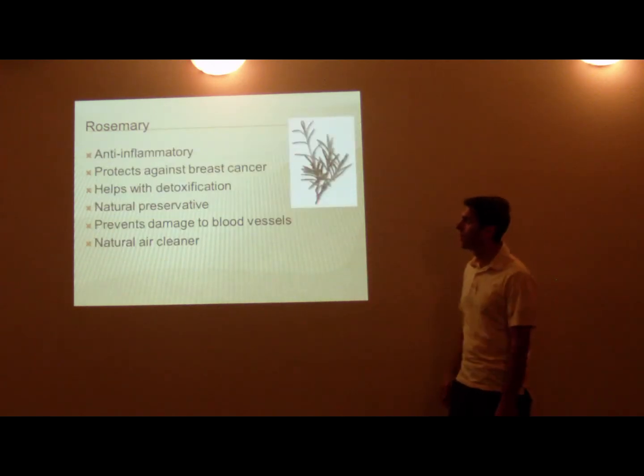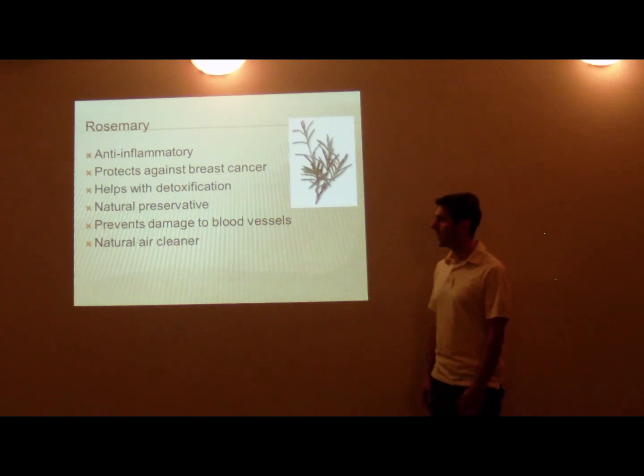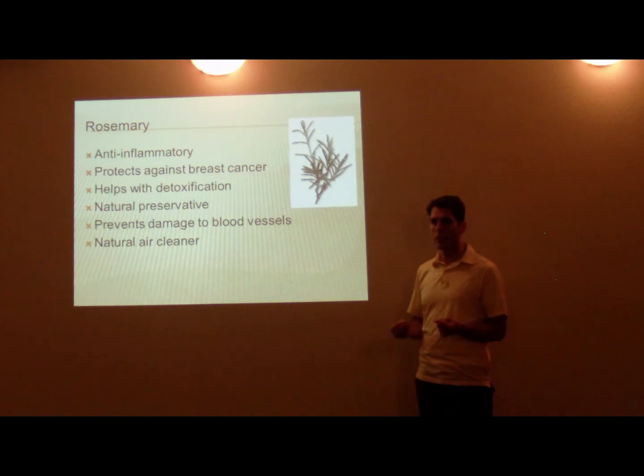So next, rosemary, another one of my favorites. It's actually a natural preservative. You put rosemary on things. If you cook with rosemary, and then it'll last